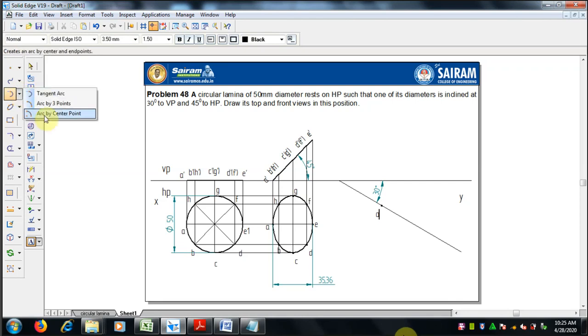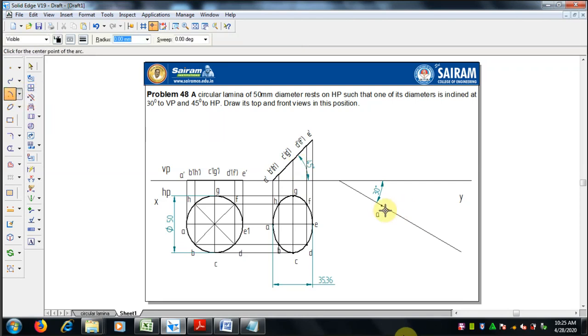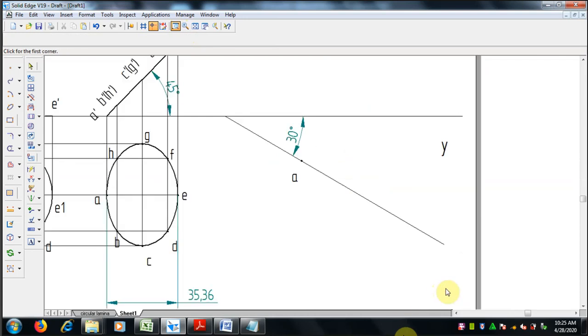We have to select arc by center point. From the point A, I am going to draw an arc for the 50 mm diameter. That is first diameter initial position given is 50 mm. So I have taken 50 mm arc from the point A, just make an arc in the inclined line.